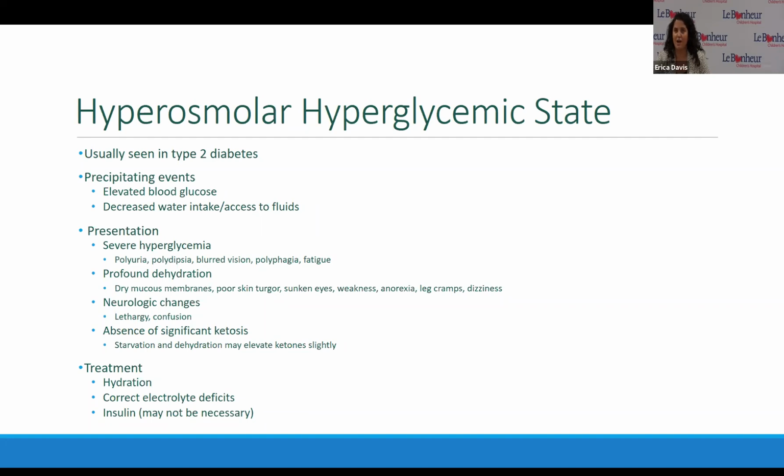Treatment for a hyperosmolar hyperglycemic state, a lot of times hydration and correction of electrolyte deficits, it's going to be our only treatment. We might need insulin, but a lot of times just having those IV fluids, it's going to bring that blood sugar down without even the need to give extra insulin. This is something that we are going to come into the emergency room for. This is not something we treat at home. So we definitely want to see someone in HHS be sent immediately to the hospital. So if we are concerned for this, we see that super high blood sugar, we see some of these signs, that is an urgent concern. We definitely want to talk to the clinic, come into the ER so that we can get the treatment that we need.